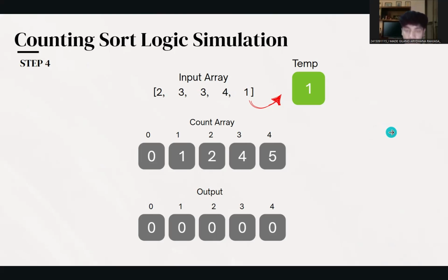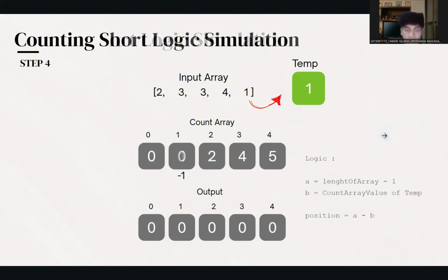So in this case, the temporary variable has a value of 1. So in the count array, we will minus the value of index number 1 by 1. Next. So like this.